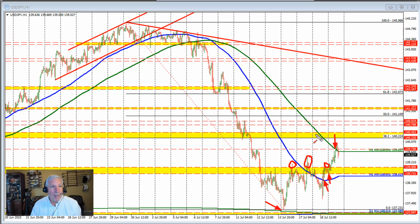Ueda's comments suggesting that the Bank of Japan would keep the yield curve control in play helped to push the yen to the downside and the dollar higher, and that's what helped to propel this pair above the 200-hour moving average. It's the first break above that moving average since this day right here,